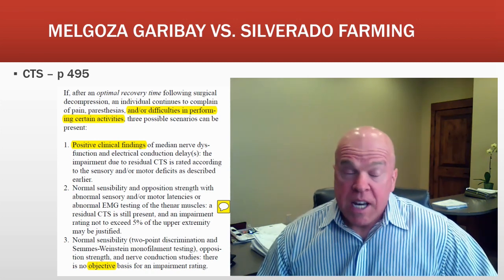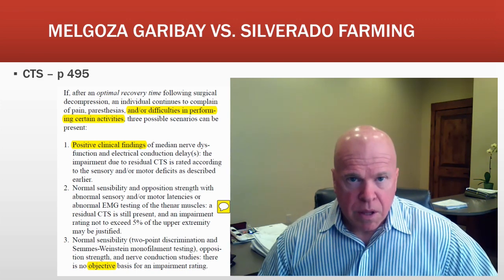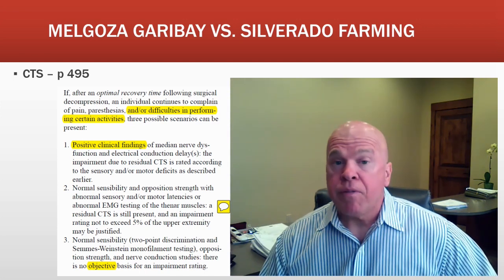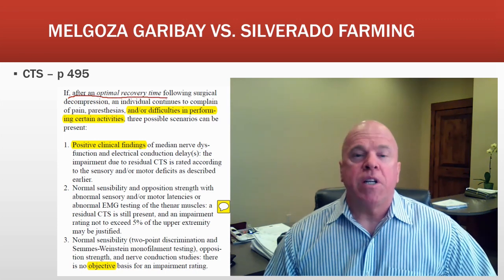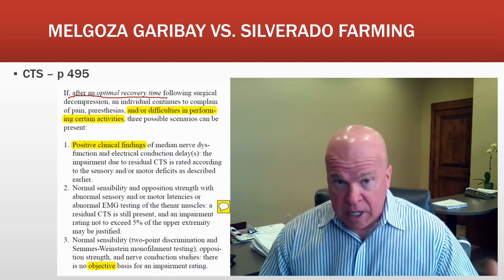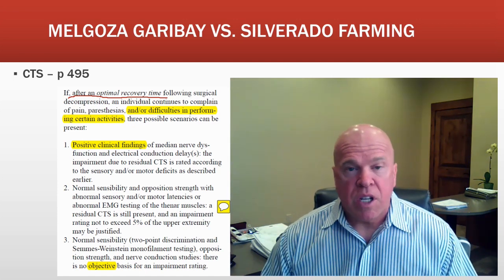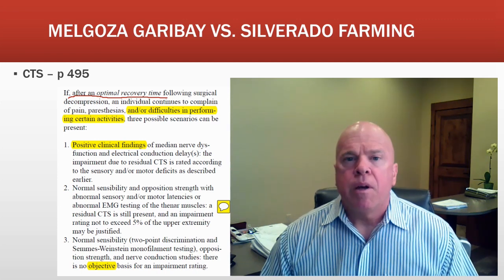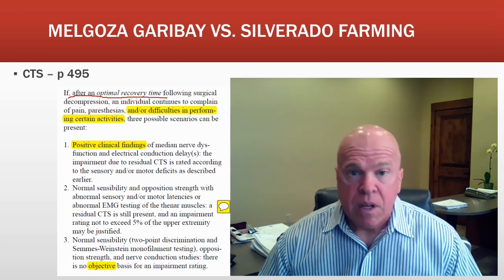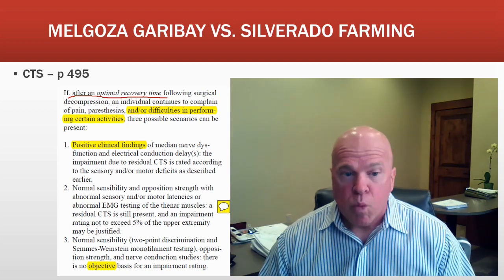So in Chapter 16 on page 495, the guides tell us about permanent impairment ratings associated with carpal tunnel syndrome. And they tell us that if after an optimal recovery time, now the AMA guides further tell us in the later section related to strength, I believe it's section 16.8, that an optimal recovery time following carpal tunnel syndrome release surgery is about a year. Well, Ms. Garibay had approximately 2 years following the date of her surgical procedure, which would certainly qualify as